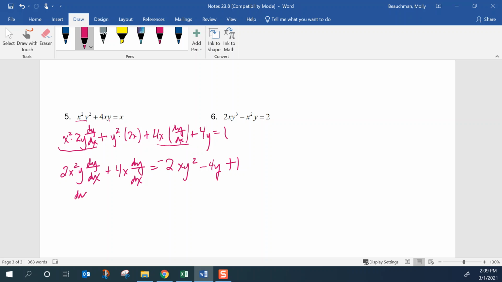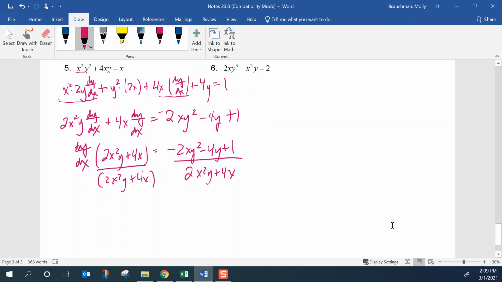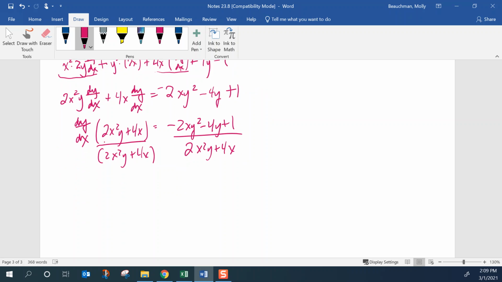Factor a dy/dx out of the expression. We're left with 2x squared y plus 4x is equal to negative 2xy squared minus 4y plus 1. And the last step, divide both sides by 2x squared y plus 4x. And that's our derivative. So dy/dx, cancel these,